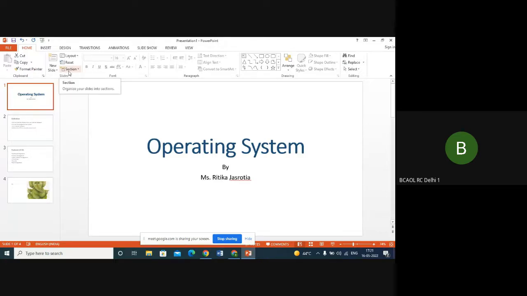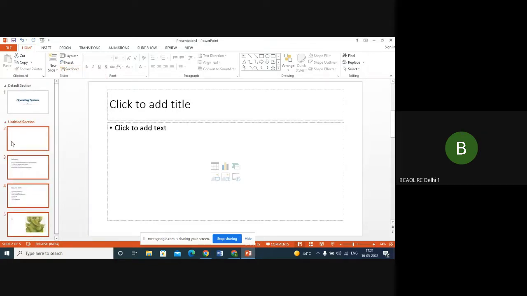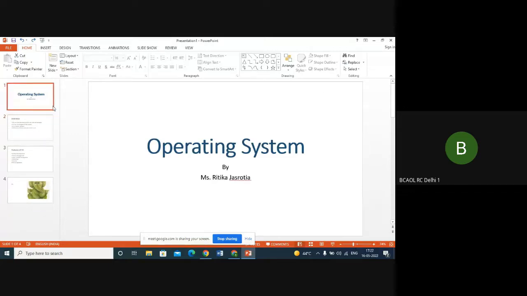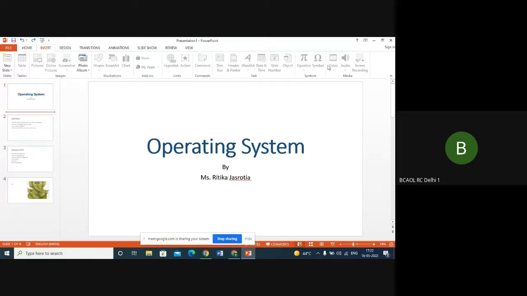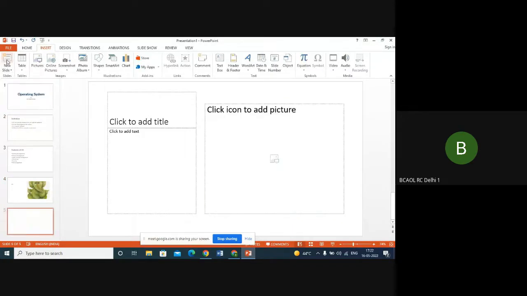If you want to add yourself the sections you want, you will take a blank slide, right? So suppose you have taken a blank slide and you want to add a section. So that section you can add. So here the untitled section has been added. So that is also there. I'm just showing you. So that is about the slide only, right? Now insert, you will have different options which you have in your